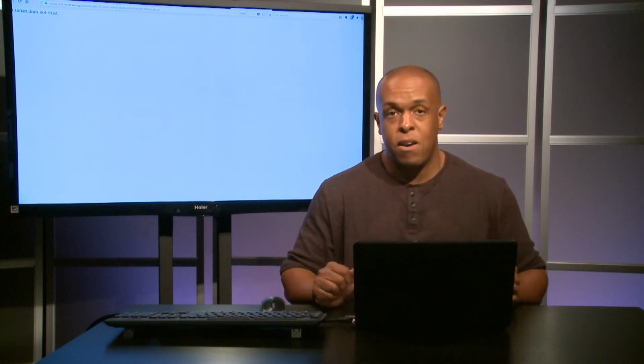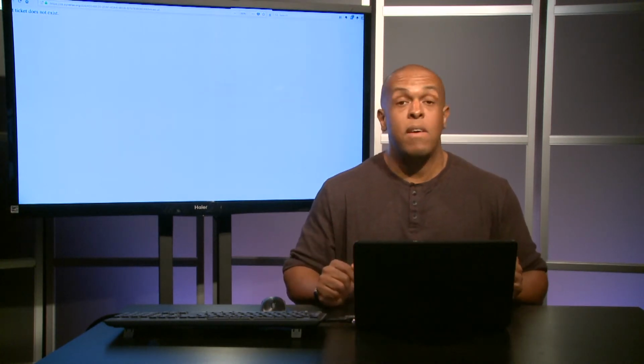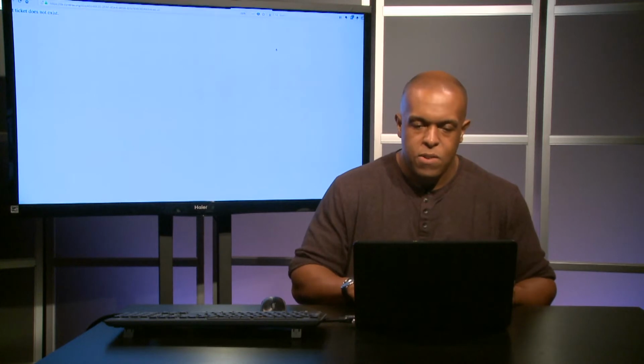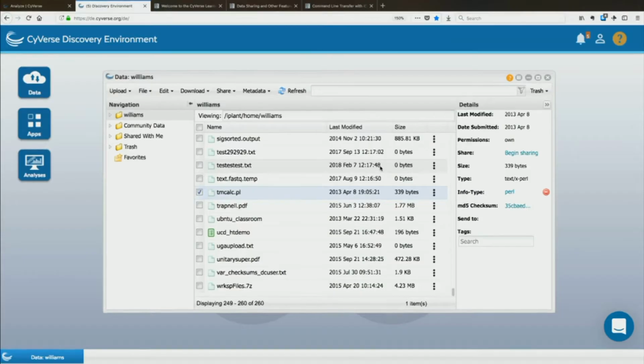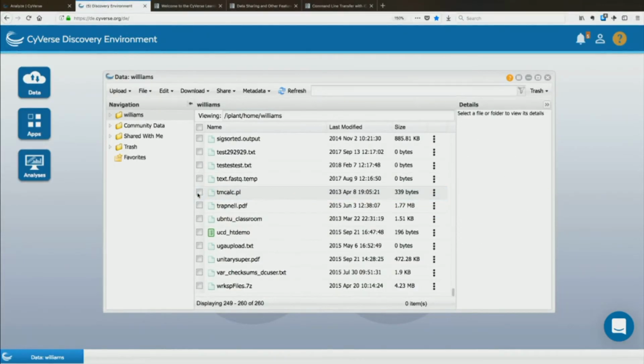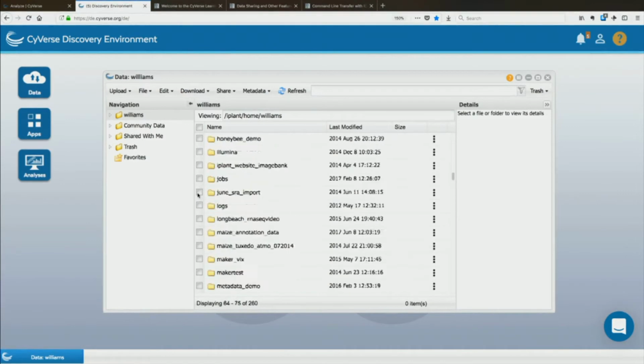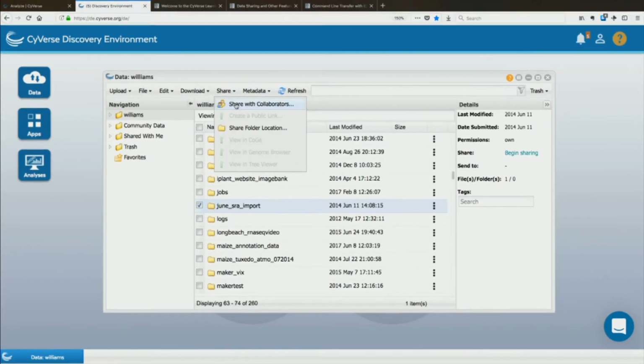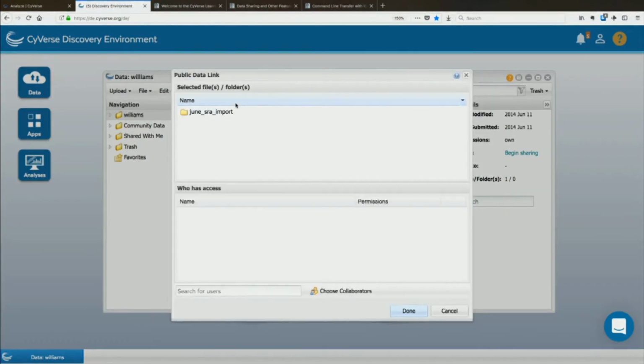Well, that's the next thing I show you, but I will comment that it does require them to have a CyVerse account. So let me show you the next way to share. Let's go back to the discovery environment, and this time let's say that I want to share a folder. I will click a folder to share, and now I'll go up to the share menu and say share with collaborators. Now at the bottom it says search for users, so I'll type in a colleague's name,